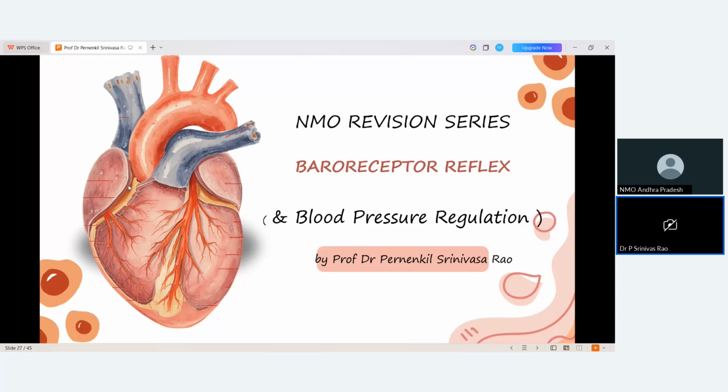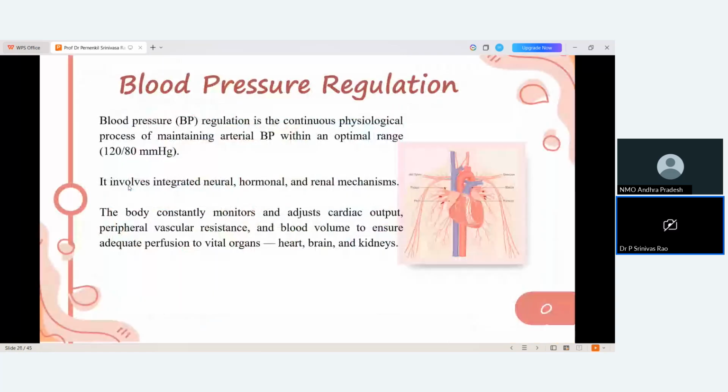Baroreceptor reflex. I think all of you know short-term regulation of BP. Blood pressure regulation can be short-term and long-term. Some will talk about only short-term and long-term, some will say short-term, medium-term and long-term, but all that is not needed. Short-term and long-term you can tell. Short-term regulation is neural regulation. So today what we'll be talking about is the